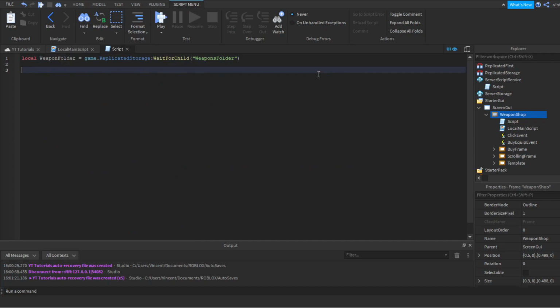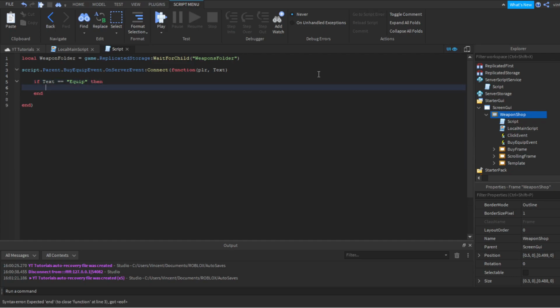So what we're going to do now is script.parent buyEquipEvent dot OnServerEvent connect function plr comma and the text we use, so either equip or buy. So if the text is equal to equip